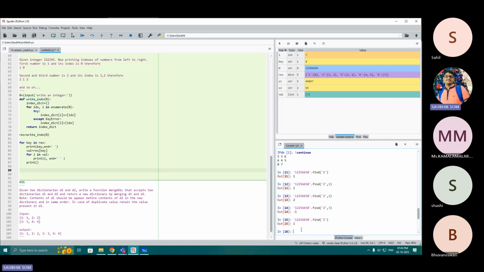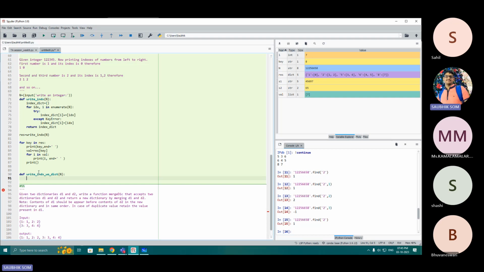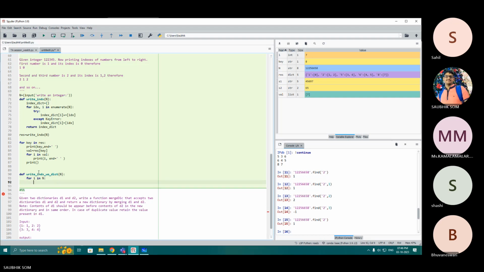So what I can now do is like this. I'll write a def right index, without dictionary. Also text n. What I'll do is for i in n, while